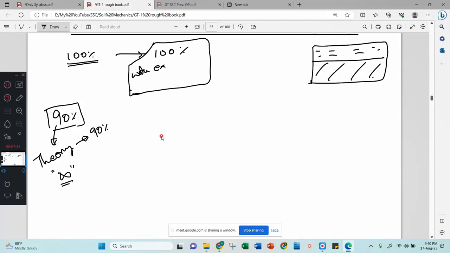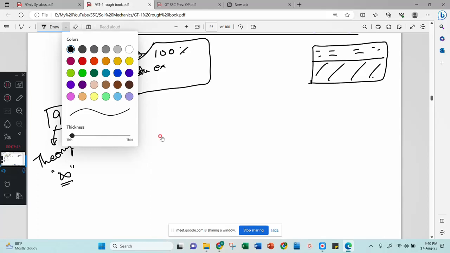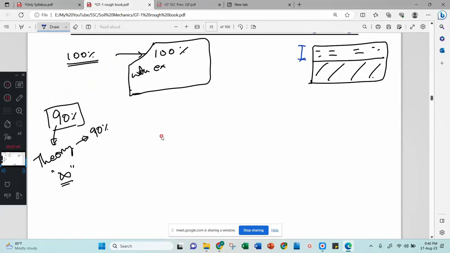Now look here, 100% consolidation cannot be achieved, so in this zone I will keep this amount as rigid water. This cannot be removed. Whatever is left here is your freely held water, which means with gravity we can remove that water. Now, ultimate settlement means what? Ultimate settlement means all water is expelled out. That is your ultimate.